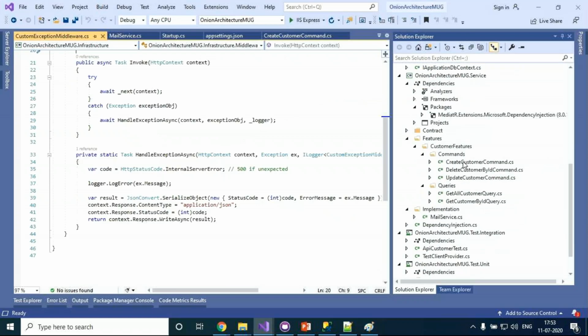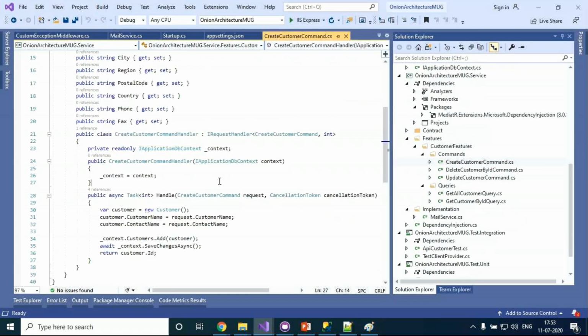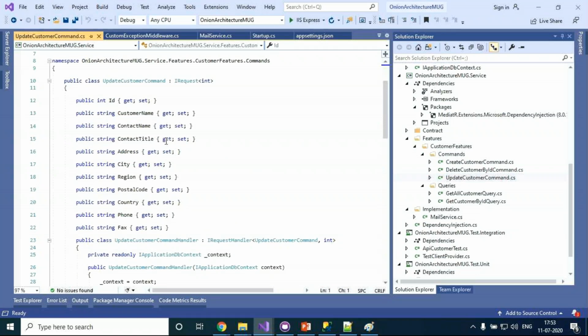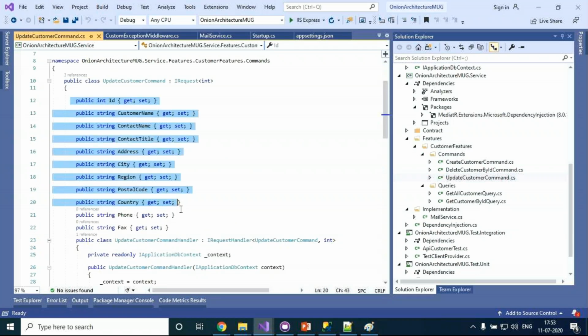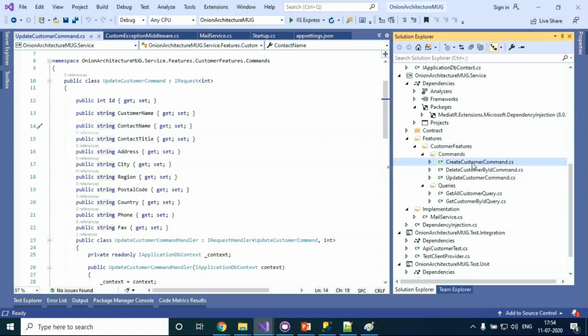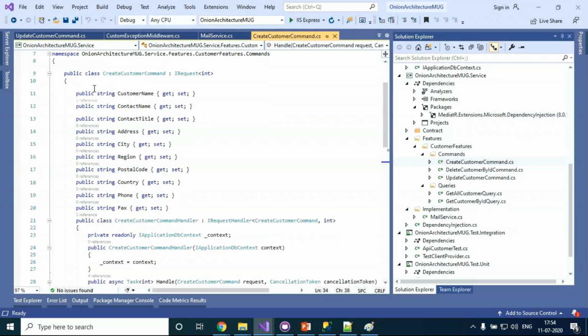So in the create customer, I'm calling that, and based on that I'm going to fetch what I want. Okay, add. So I'm going to insert to my database. In case of my update, I'm making it separately, and usually this will also be different. For update, ID is required. For create command, ID is not required, right? ID should be generated from the database and fetched. But in the update, it is required.